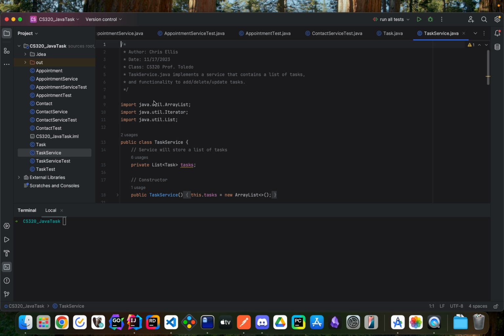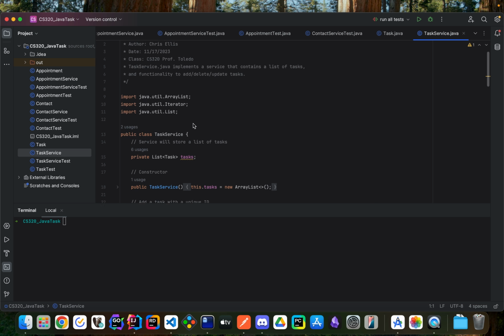This is kind of the underlying skeleton of code. The contact and appointment services are implemented in the same manner. There's an underlying appointment and contact class that creates the object. There's a service that manages the objects. And then we'll see later, the only real difference is the data structure itself and the types instantiated in the